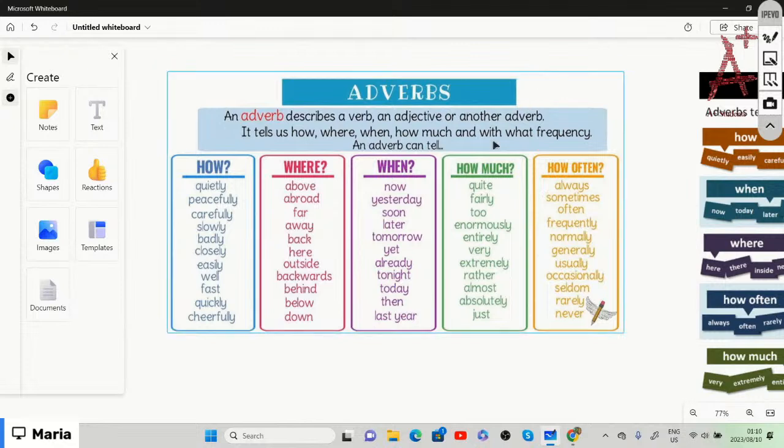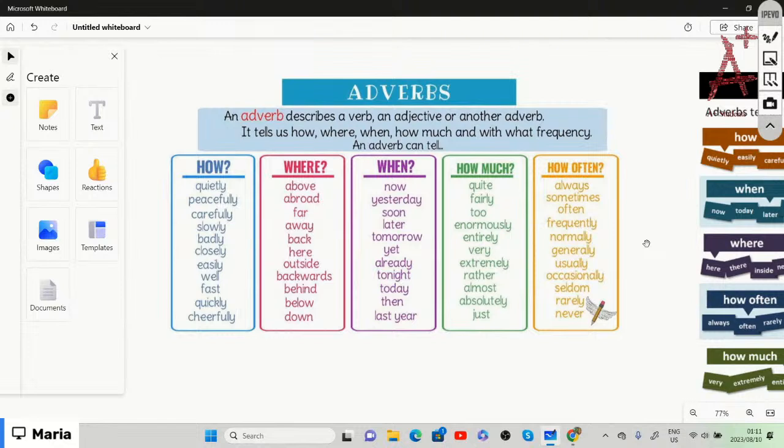Sorry. Now, yesterday, soon, later, tomorrow, yet, already, tonight, today, then, last year, right? So that is adverbs that tell us when. Then we also have adverbs that tell us how much or how often, but we don't really use that one as much, right? But if adverbs tell us how much, then we can say, for example, quite, fairly, too,